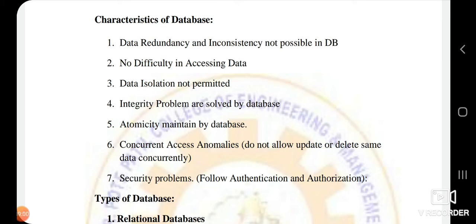We have also seen who is authenticated, and what is the difference between authentication and authorization. You are authenticated, that means okay, you are a particular user. Now your authenticity is established, but you can have limited authority. Okay, you can log into the database, but you cannot do this many operations. You cannot perform more than the required number of operations given. So these are the different characteristics of a database.